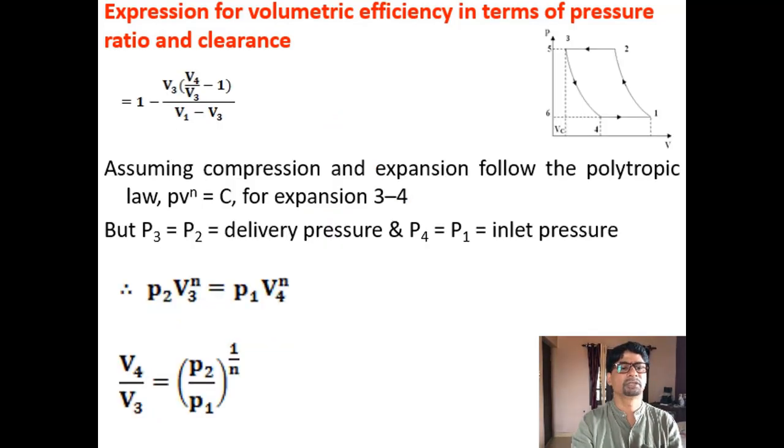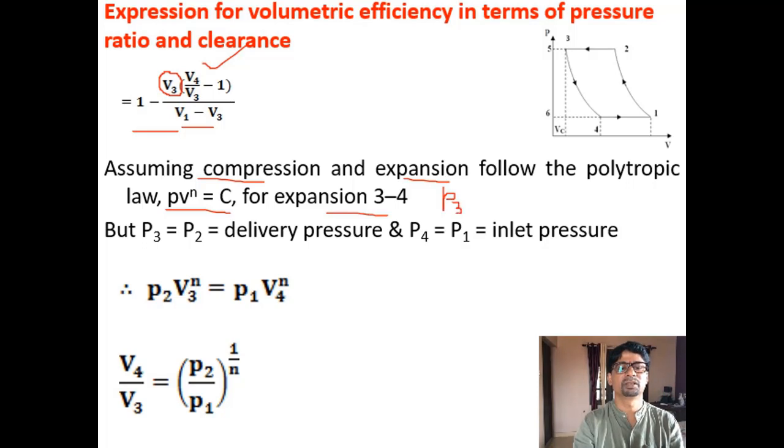Now in the numerator of the second term you take V3 outside, so inside the bracket you will get V4 by V3 minus 1, and the denominator as it is V1 minus V3, so it becomes 1 minus V3 into V4 by V3 minus 1 divided by V1 minus V3. Now you have to assume that compression and expansion follow the polytropic law P V to the power n is equal to C, and you have to apply it for the process 3 to 4. So what you can write,